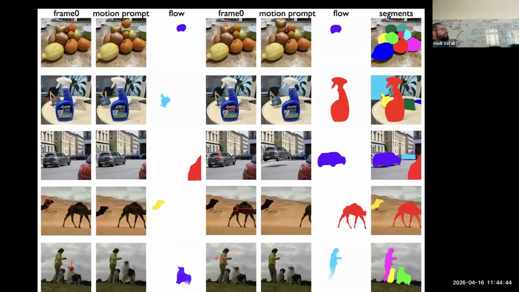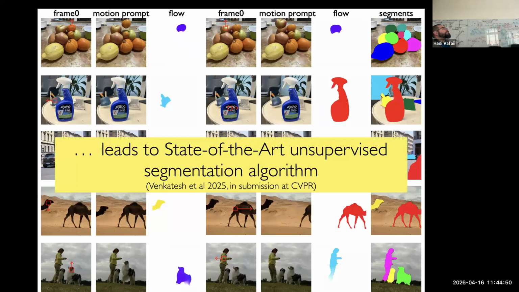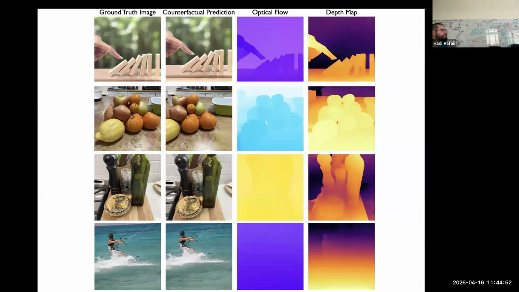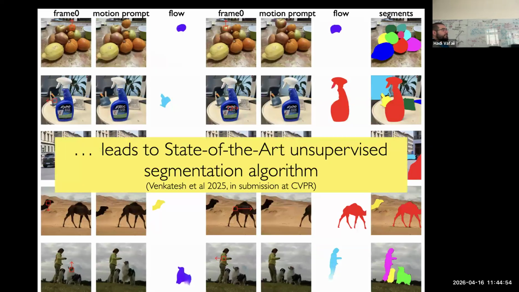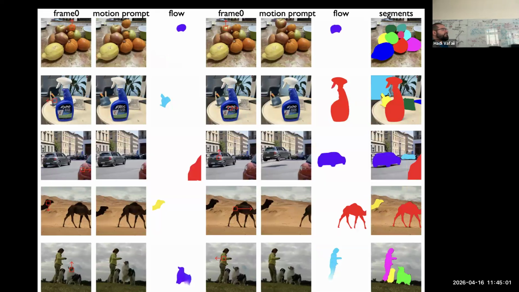It turns out that you can do this for lots of other concepts as well, for example segmentation or depth. How does the segmentation counterfactual work? Now the perturbation is in flow space. You say, I'm going to move a little point. Now tell me what else moved, what other flow there was. That difference is the object. That's basically Spelke's notion that the object is the thing that moves together, but now it's a zero shot extraction from the underlying model.